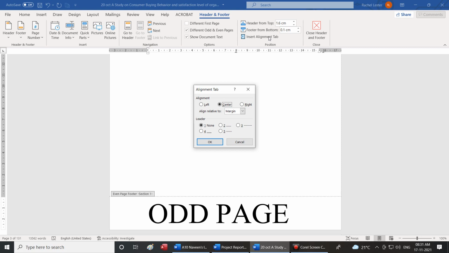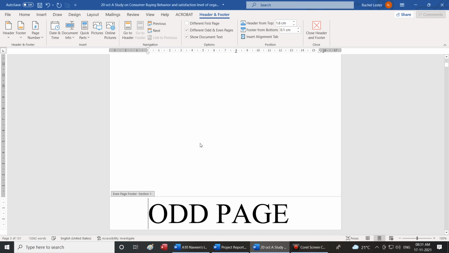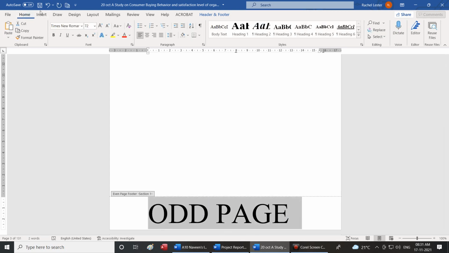You write down below left alignment. I'll just decrease this font size.